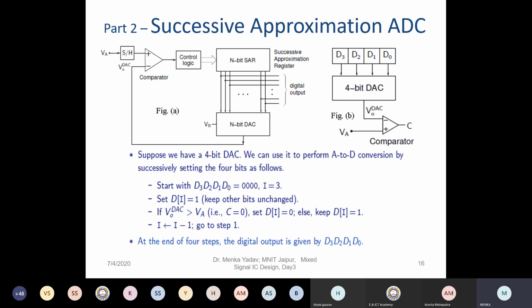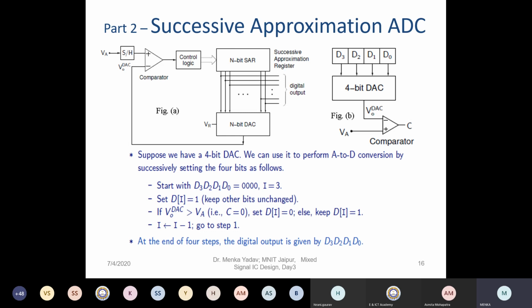So this medium resolution is there, and in this successive approximation ADC, this is the block diagram. Just have a look at the block diagram and be careful. Figure number A. What we have? We have sample and hold circuits. The analog input is given to this, and the output of this is given to the positive part of the comparator. Okay. Then there is a control logic, and that control logic is connected with n-bit SAR, successive approximation register